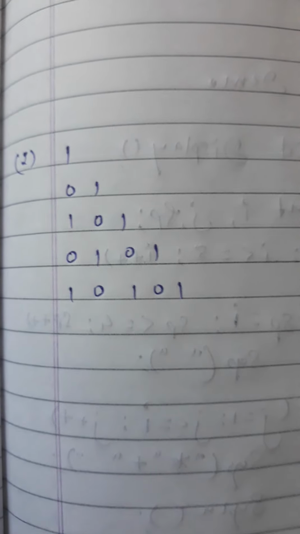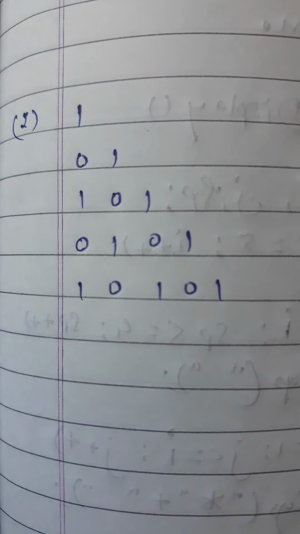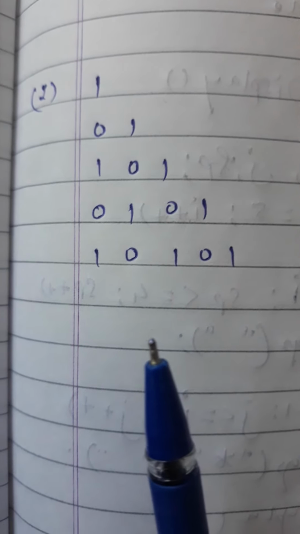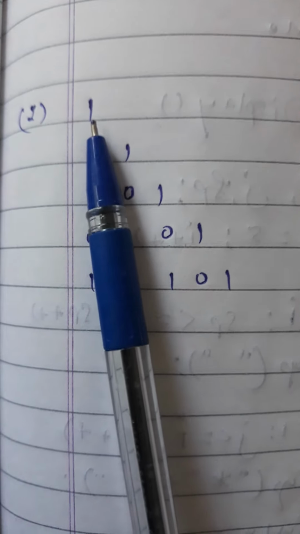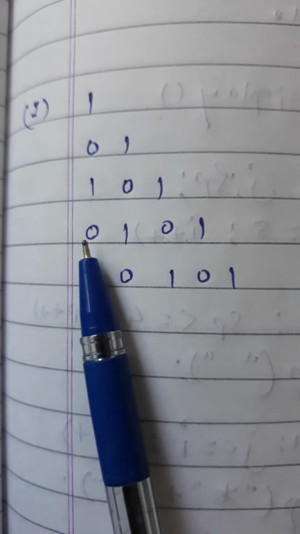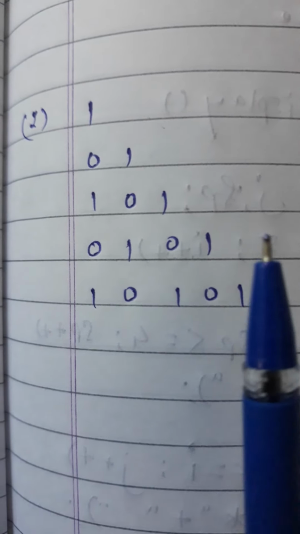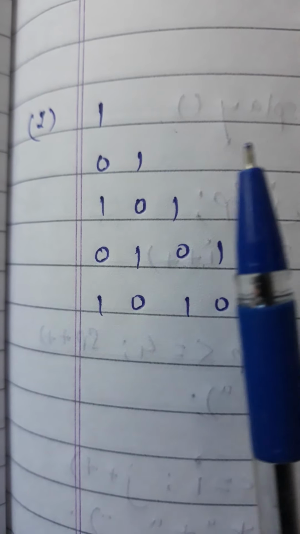Now this is the next pattern. In the last class I have also explained this 1, 0, 1, 1, 0, 1, 0, 1, and this is without spaces. But for this first we have to design the pattern for the values such as 1, 2, 1, 3, 2, 1, 4, 3, 2, 1, this type of value. And we will write a condition in the j loop: when the value of j is even, 0 will be printed, and when the value of j is odd, 1 will be printed.